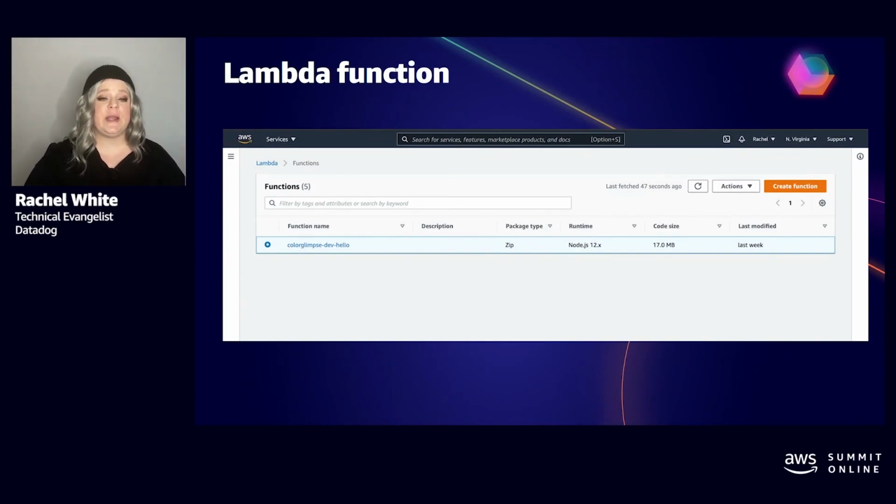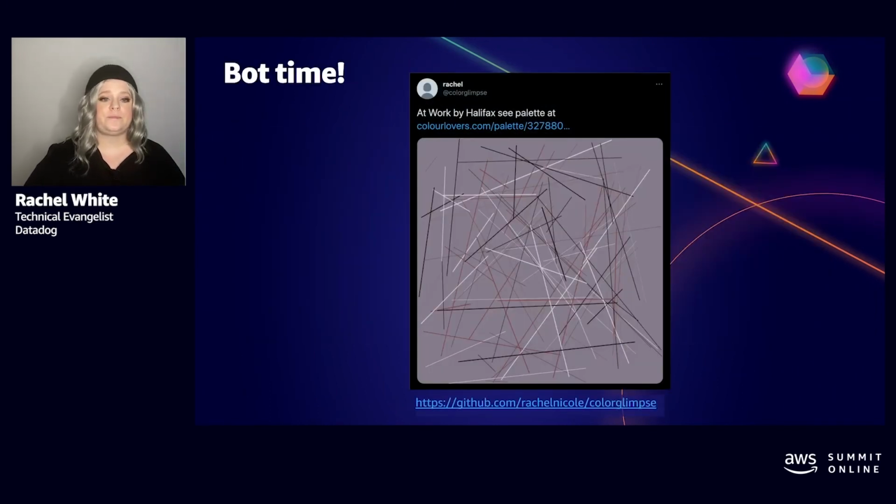Next, you're going to log into your AWS console and navigate to the Lambda dashboard and click on that service that is the name that you chose in the previous step so we can make sure that everything is connected correctly. Since we can see that everything is hooked up, now we can focus on coding our bot.